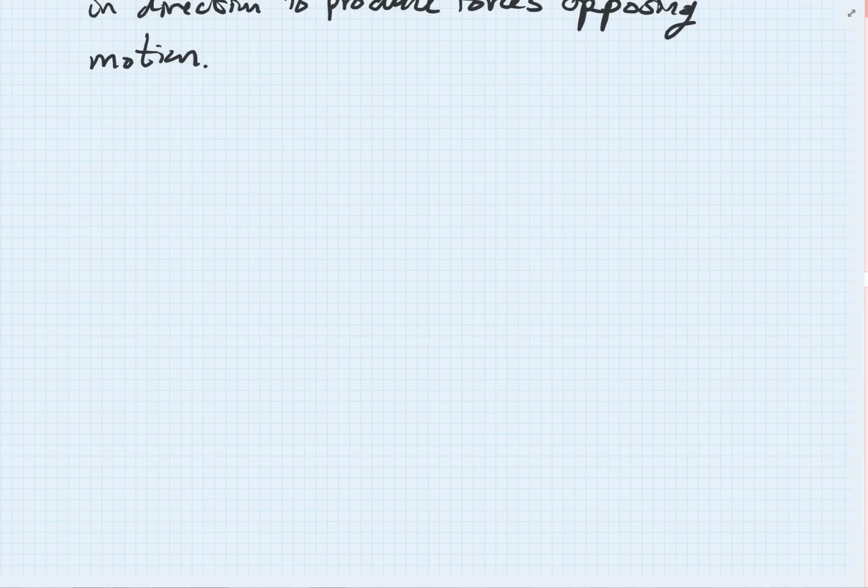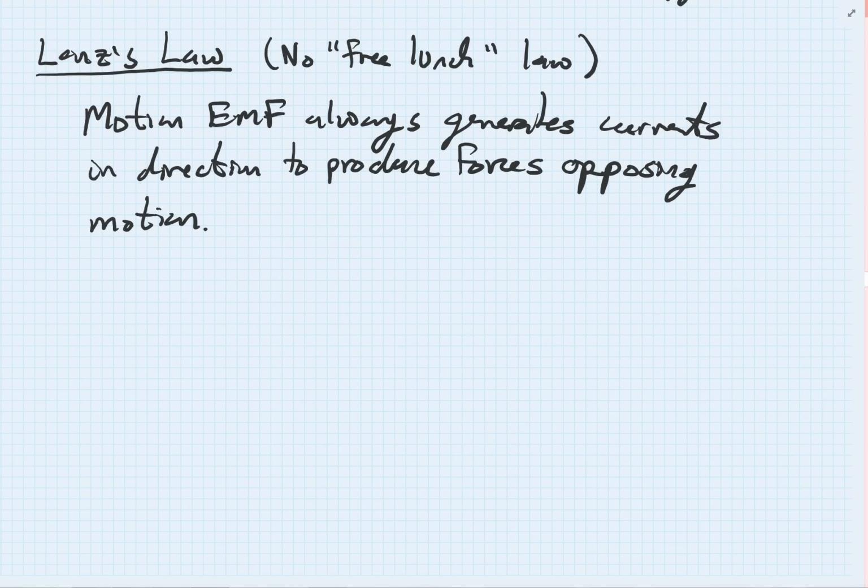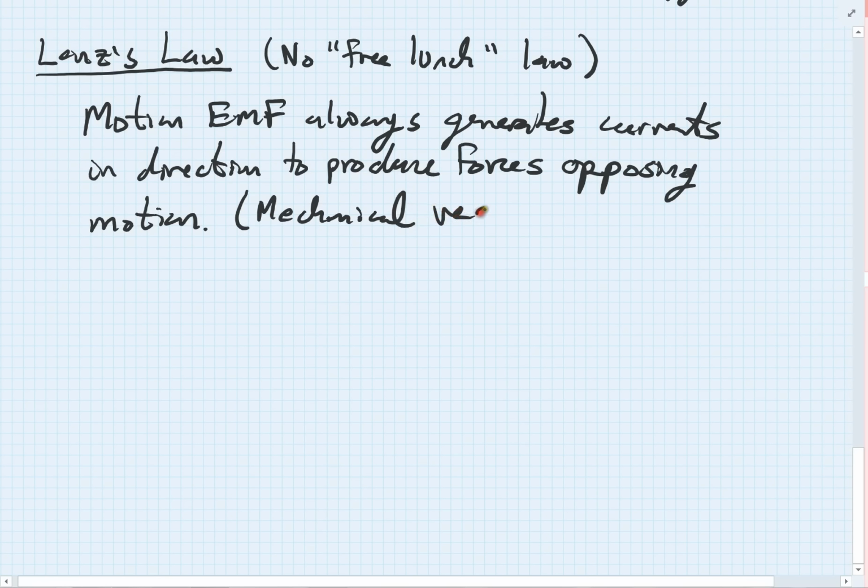There's also a Faraday's law, or electrical version of the law. So let me just label this one. This is the mechanical or motional version, when things are moving. There's also this electrical version, and this electrical version goes with Faraday's law. So the electrical version states